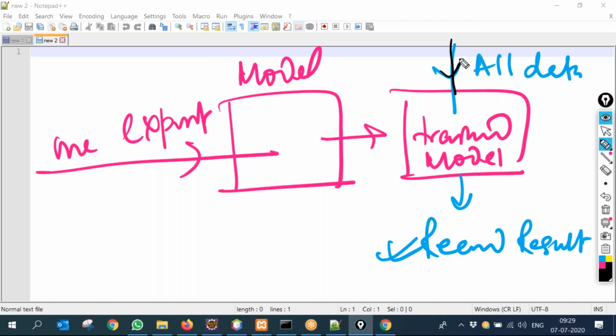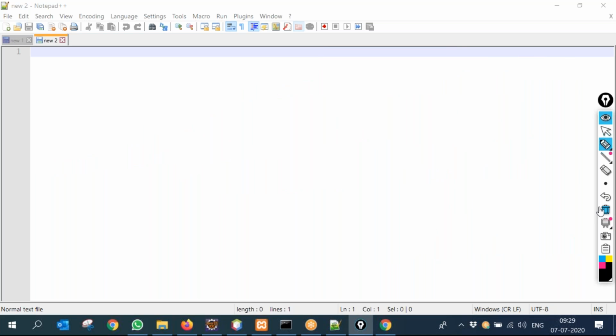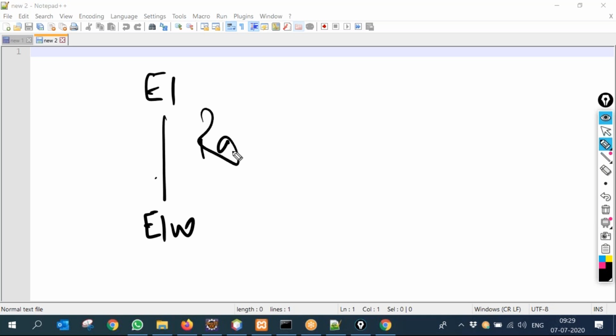In real life, you cannot apply this and go to management and say, I will save your money. But this is a real project we are working on. We are trying to find out E1 to E100, who is the best, who was the worst, rank.